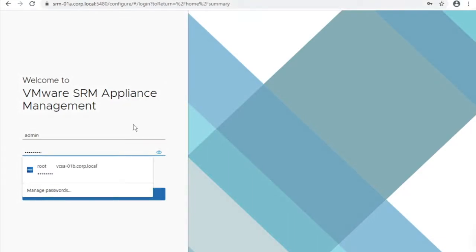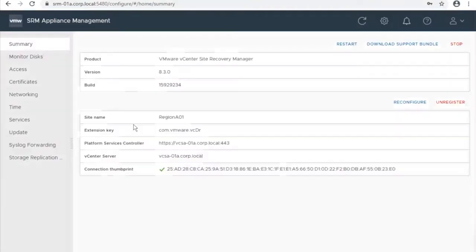I'm going to log in with administrator account. So the screen that we can see here is the SRM Appliance Management Console screen. The summary page we will be seeing here.